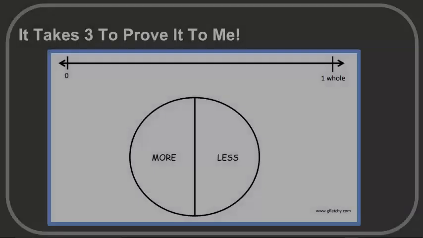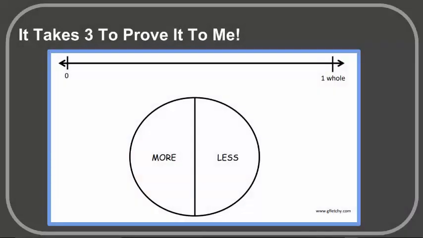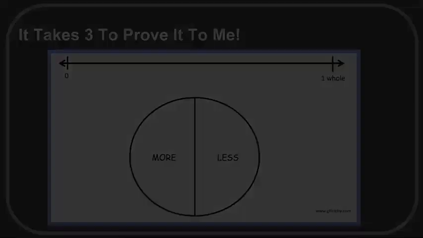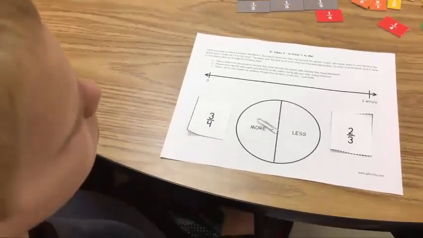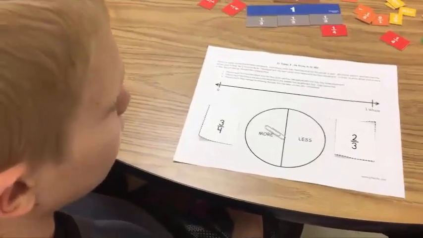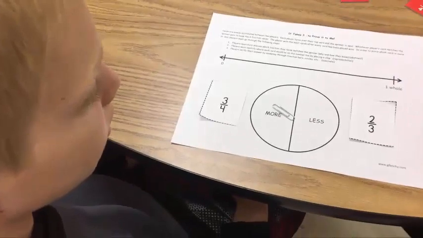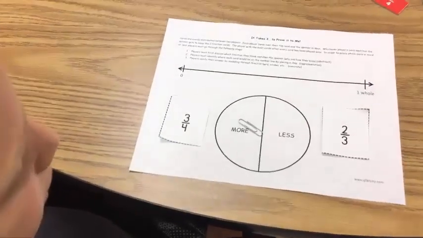It Takes Three to Prove It to Me is a great game that allows students to use a variety of strategies to compare fractions abstractly, representatively, and concretely. So you have 3/4 compared to 2/3. Which fraction shows more? Mine, because since his parts are bigger,